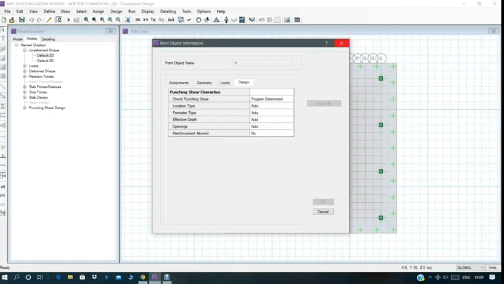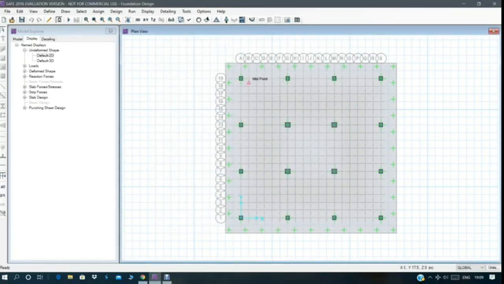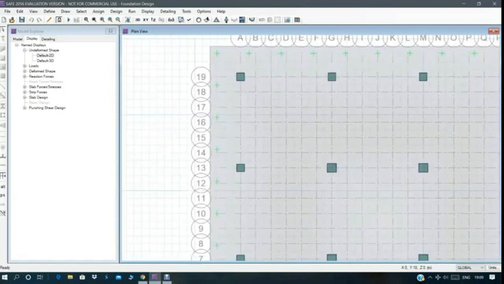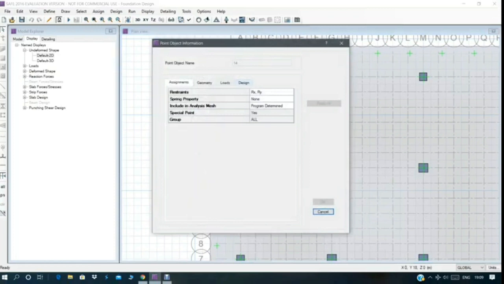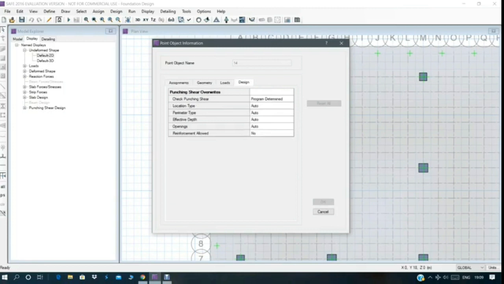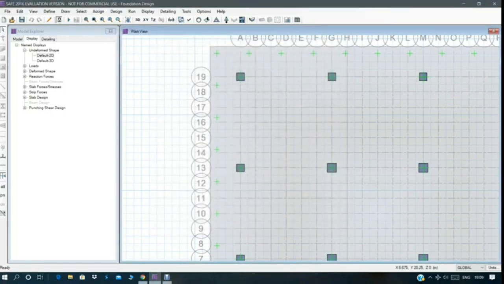The clear cover. Again, right click to get the properties of the column.